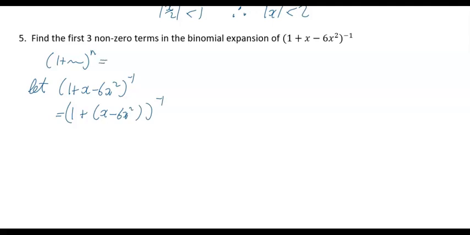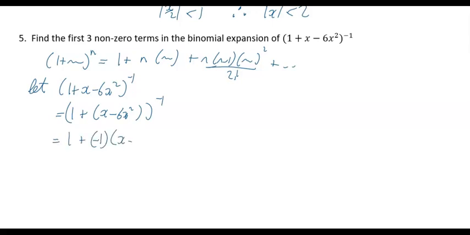So if you'd expanded this thing, remember that would be 1 plus n times squiggle plus n times n minus 1 times the squiggle, whatever it is, squared, divided by 2 factorial, and so on. So in this case, the squiggle really is equivalent to the x minus 6x squared. So if you expand this thing out, you're going to get 1 plus, my n was minus 1, times x minus 6x squared, plus minus 1 times minus 2 times x minus 6x squared, and that's going to be squared, all divided by